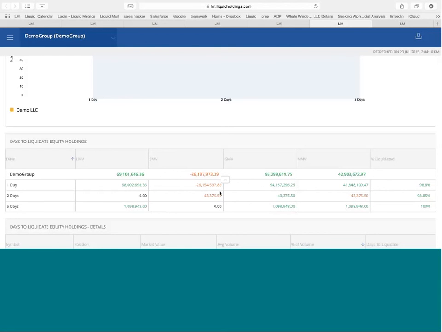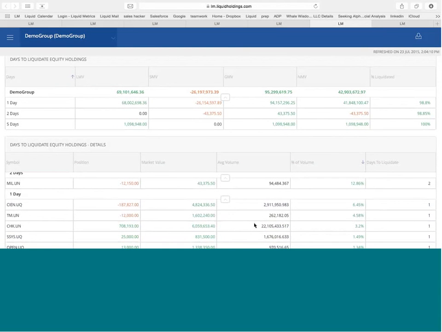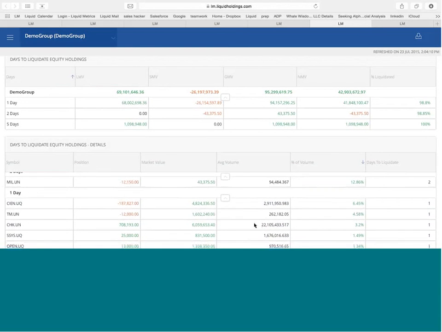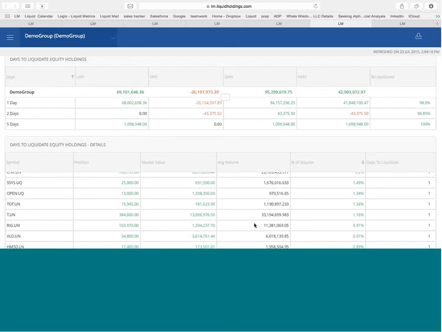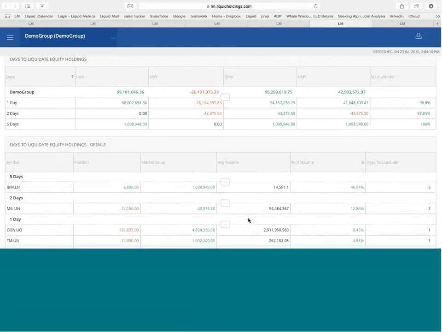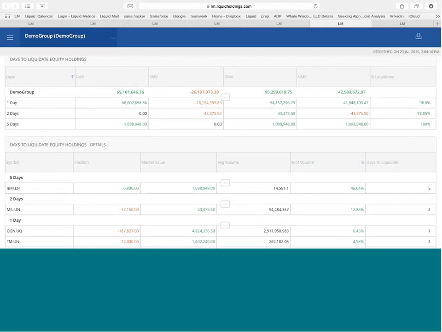Drilling into the results provides you with information on specific holdings that would have the largest positive and negative impact on the fund's value. This type of analysis is generally helpful to proactively discuss the process and the optimal time horizons to liquidate assets if and when requested. And last but not least,